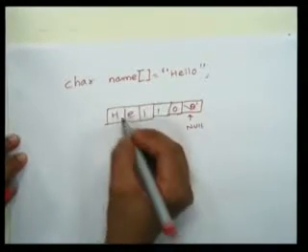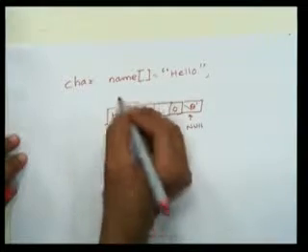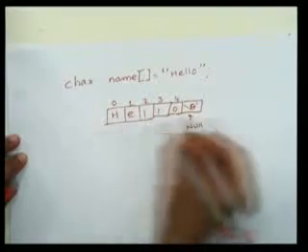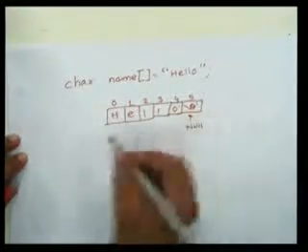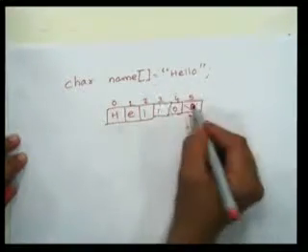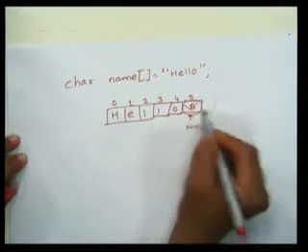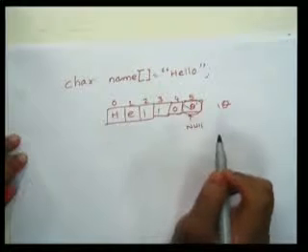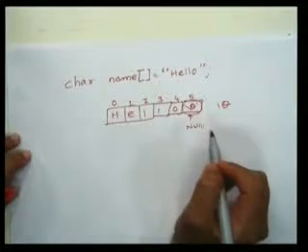value. So when I am accessing individual element, this is the 0th position, 1, 2, 3, 4, and this is the 5th position. Each and every character array must have one location extra for storing the \0 null value, which is the end of your string. So you can discuss like this: what is string?